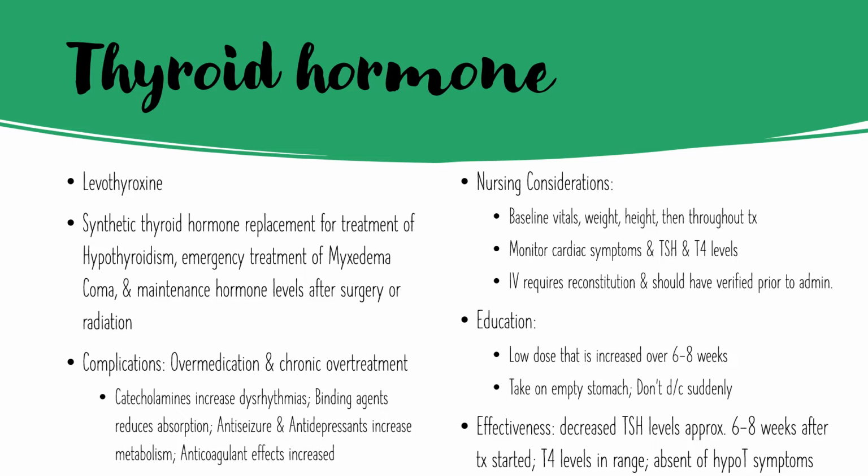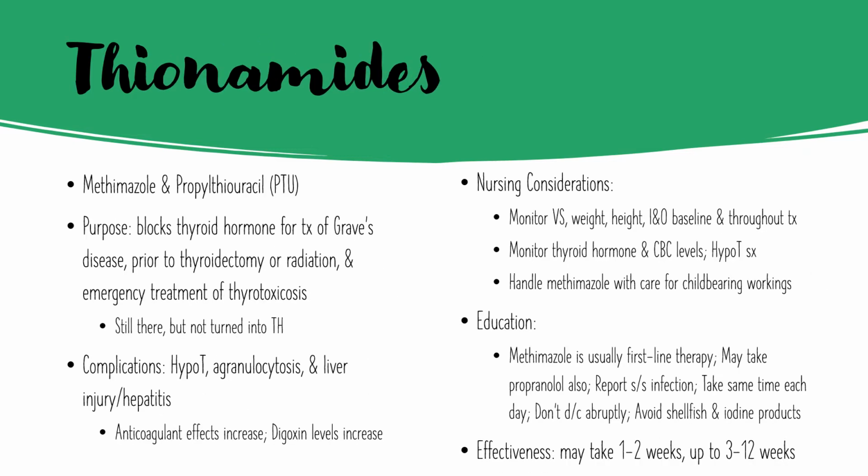Your textbook talks about other symptoms as well, but think of everything as slowing. Now, thionamides are methimazole and propylthiouracil, PTU. These block thyroid hormone for treatment of Graves' disease. We can give it prior to a thyroidectomy or radiation, and for emergency treatment of thyroid toxicosis, which was one of